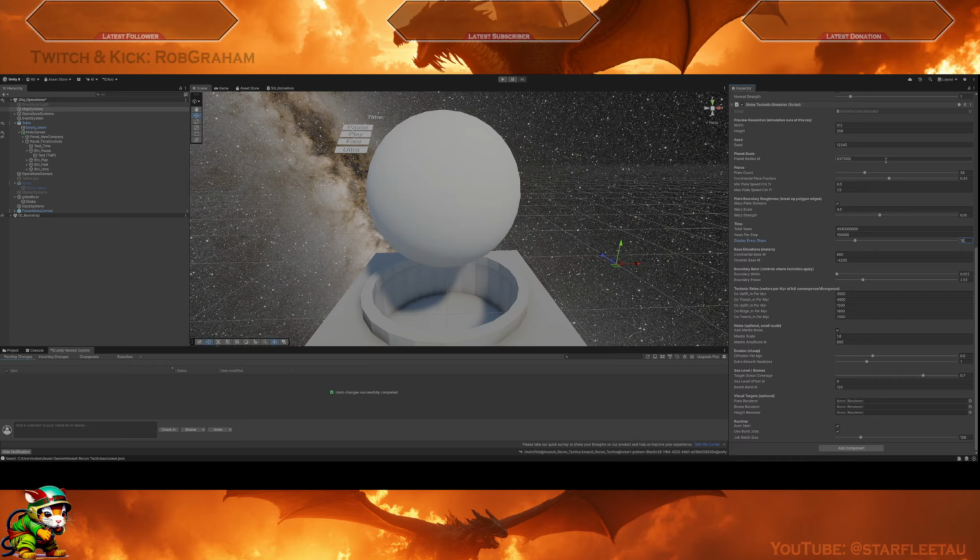And we've got a whole bunch of other stuff. We've got our texture size for the preview and stuff like that. We've got our planet radius, all this stuff, our uplift, etc, etc. We currently have no visual targets or anything like this. Now, if I hit play,